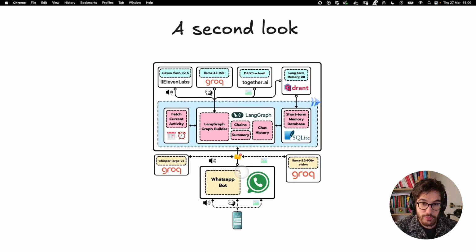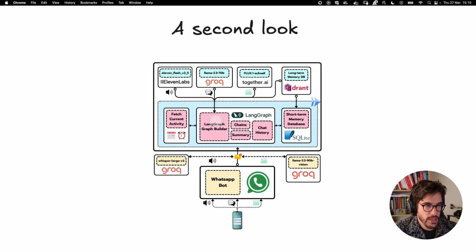If we are inputting text, just a text message, then of course this is going to be transparent. We're just going to take that text message and get it into the LangGraph application. All right, perfect. So now that we have processed the incoming message, it is time to understand how this LangGraph